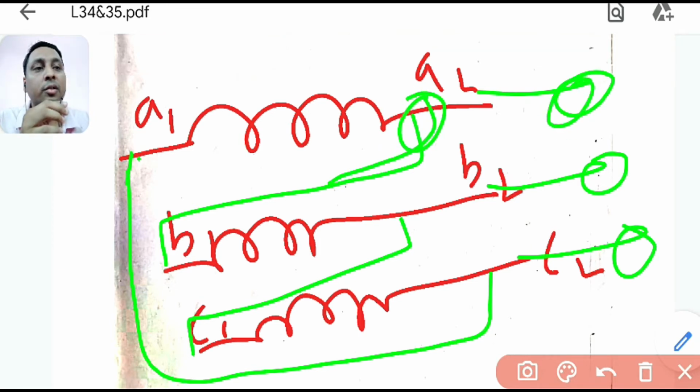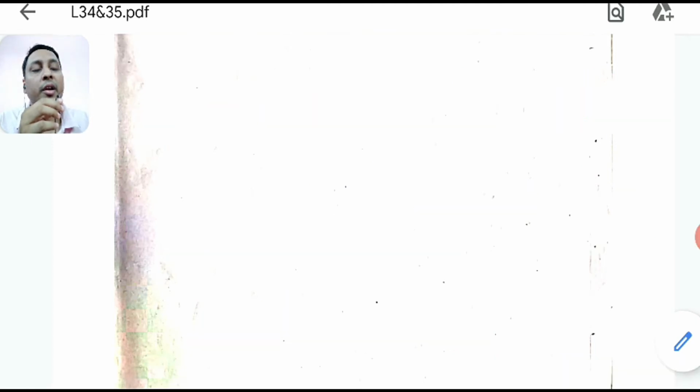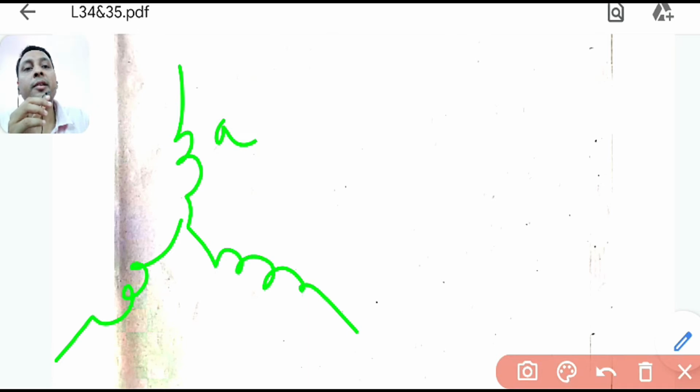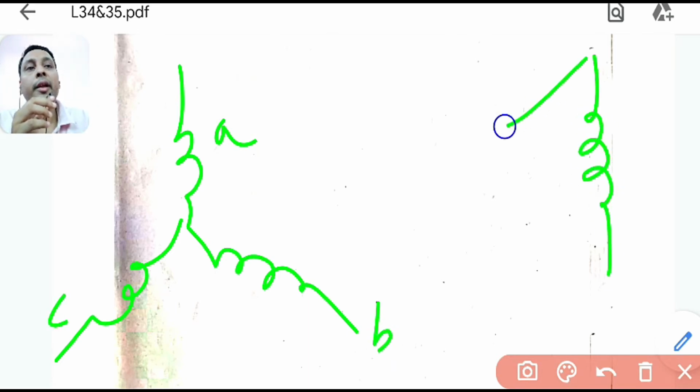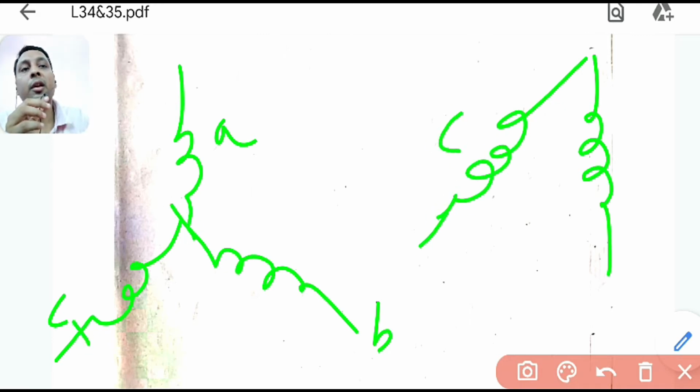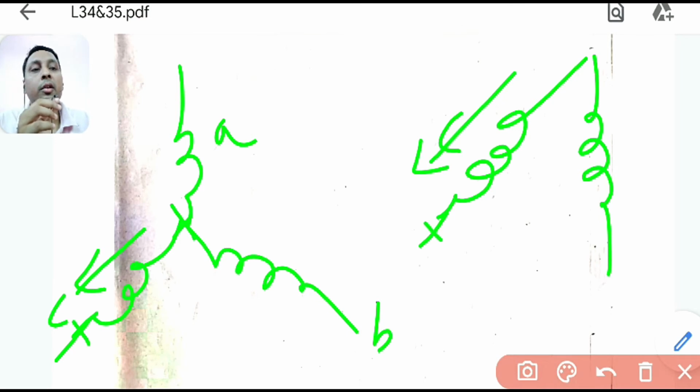So what is given in the drawing is the standard one. What is the standard one? The earlier one, where A and C are connected. So if my star is something like this, and I am treating this as A, this as B, and this as C, what will be my standard? A will be this one, and then C I will connect here, because you have to keep the coil shape as it is. Looking at the angle here, the C coil is this way, so C should be this way only. That is my intention. You cannot change the directions where it is connected. So it will be better if you keep it as it is.